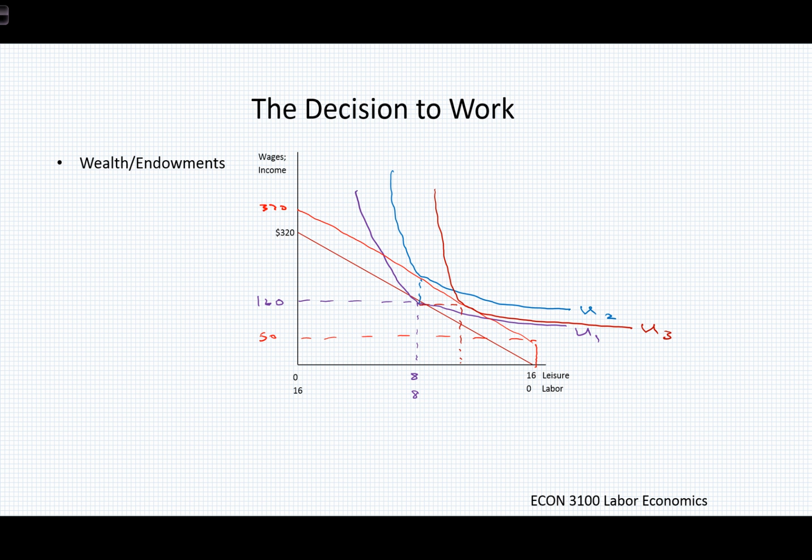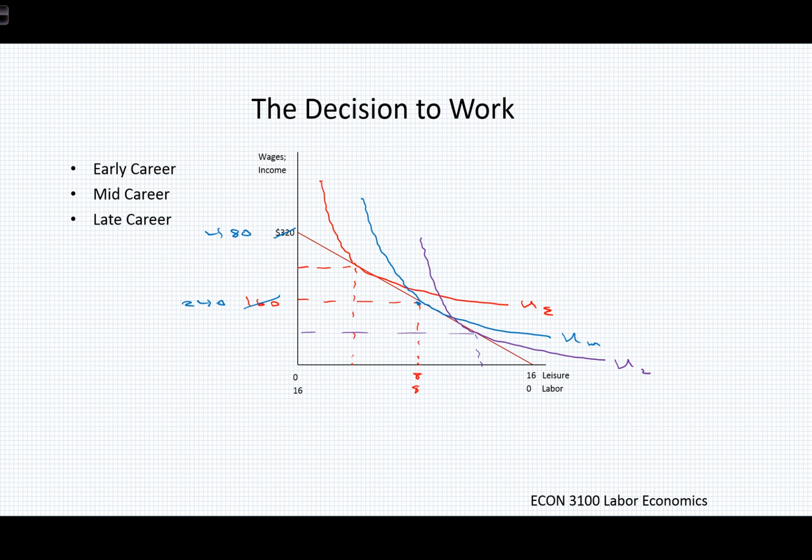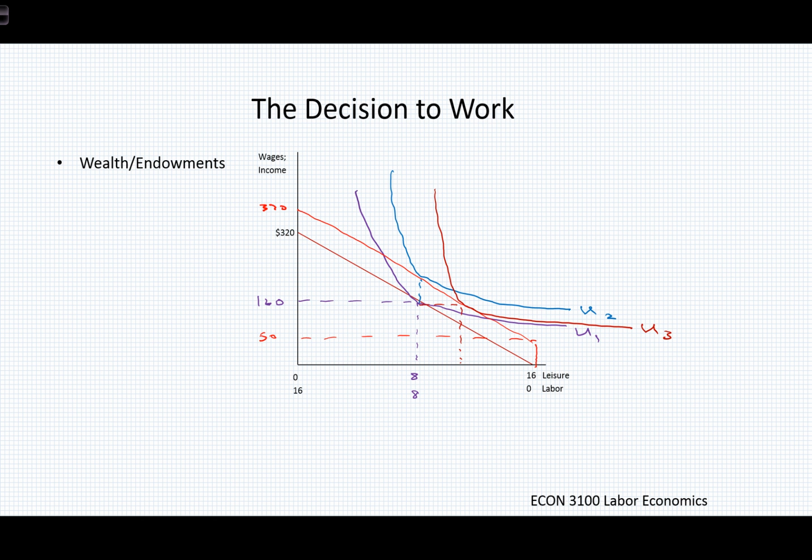Sometimes in the early part of our lives the endowment is negative, so that's part of what motivates this early career curve being so much higher up here, which is saying that we are valuing the income we receive each day more than we value this change in leisure hours. Here, since we're being given some additional resource that creates income without us having to work for it, maybe it's an inheritance, maybe we won the lottery, maybe it's a trust fund, or maybe you received some stock from that company that you began to work with when you were young, and it was a startup company, and now 10 years later you've become a millionaire because the high-tech company entered an expansion and a boom,